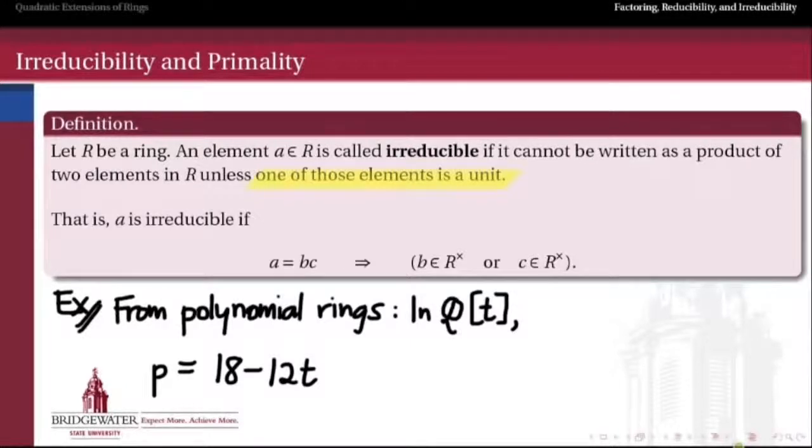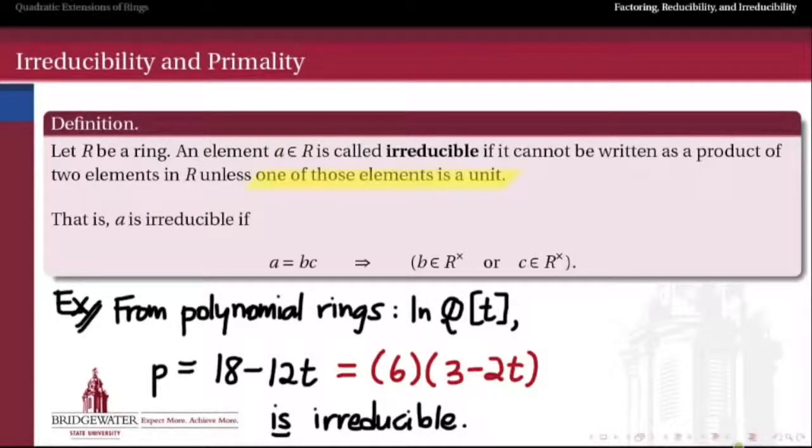For example, in the polynomial ring over the rational numbers, the polynomial 18 minus 12t has a factorization, and yet we're still going to say it's irreducible. How come? Well, a freshman algebra student can tell you that 18 minus 12t has a common factor of 6 that we can pull out, so it's equal to 6 times 3 minus 2t. But it turns out this is really the only way to factor p in any meaningful sense,